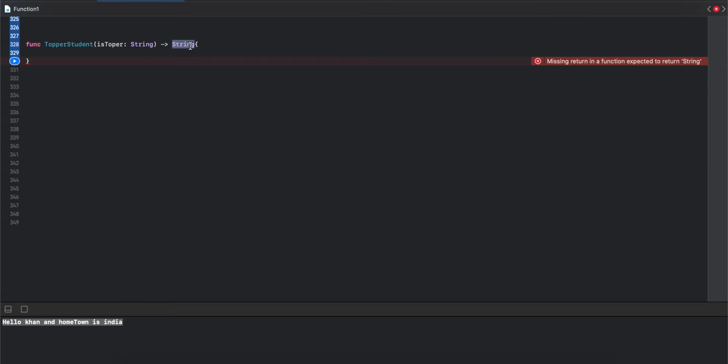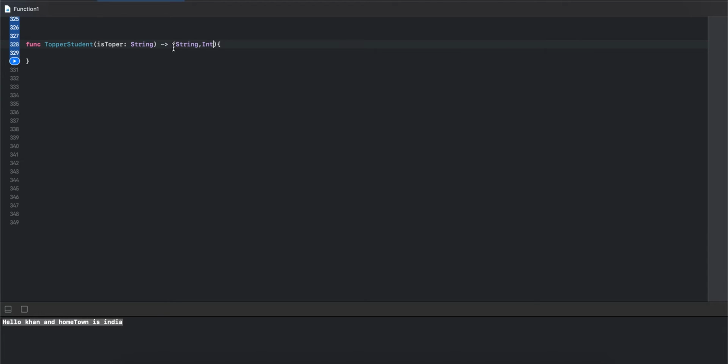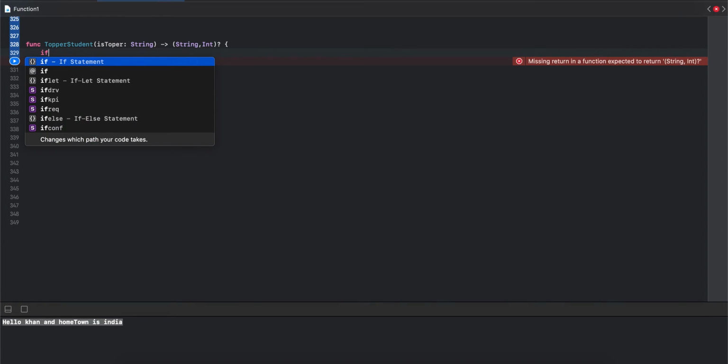And we can return an optional tuple, a tuple of string and integer. We can use an optional return type.